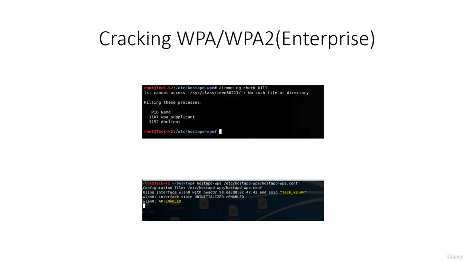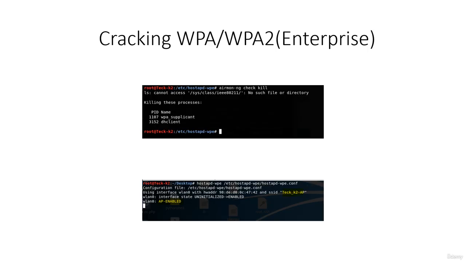Now the scenario is we named our AP the same as our target AP, which is the take_k2 AP, this one, as you can see. So now from another laptop or another Wi-Fi card, we can put that into monitor mode and check the target AP's BSSID, which is the MAC address of the target AP, and the client's MAC address. Using that we can do deauthentication using aireplay-ng and disconnect the client from its main AP, and as